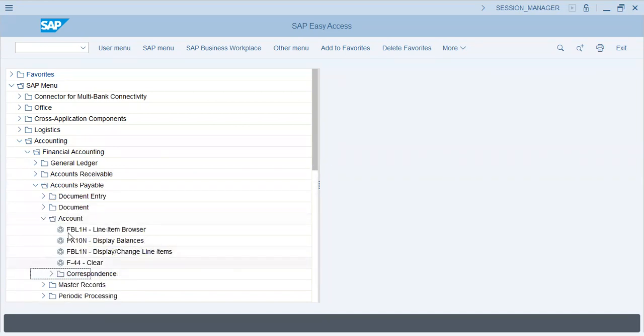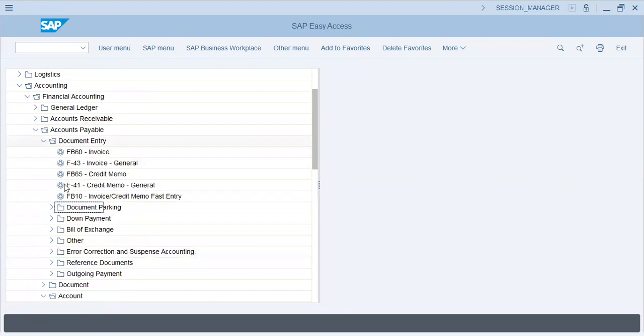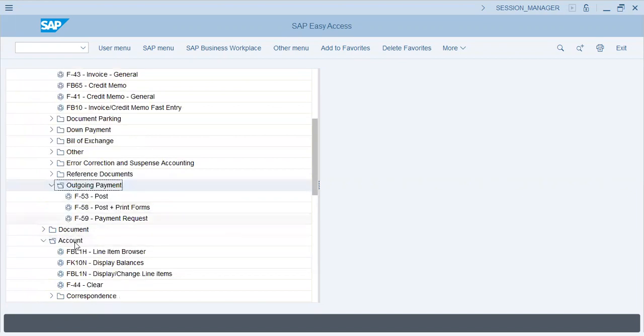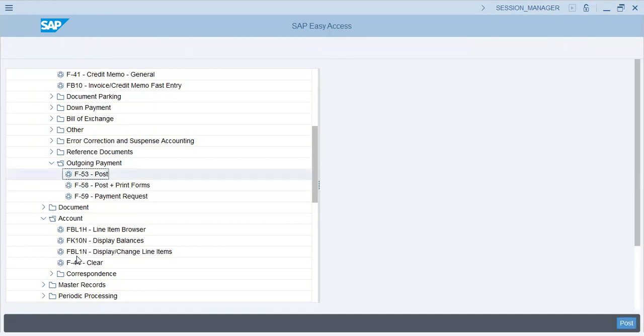So we have to now clear the account. Document entry. Outgoing payment. This is another way to post the outgoing payment, and it can be done with F-53, or F-58, which actually also print forms. Print forms as in payment advices which are made in ABAP. So we'll see F-53 post